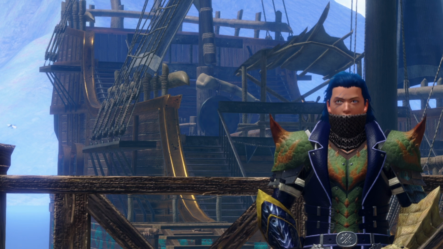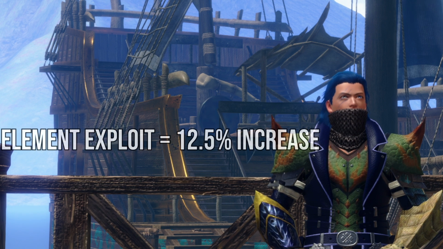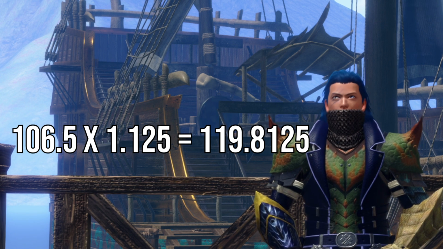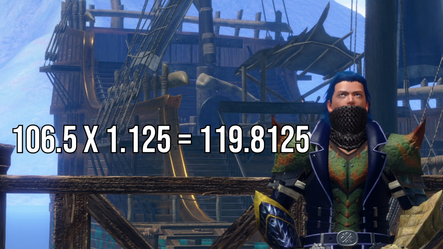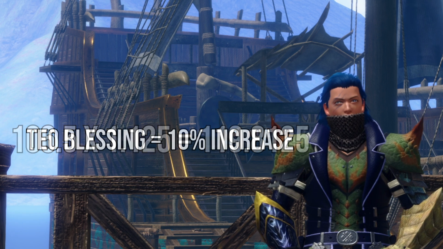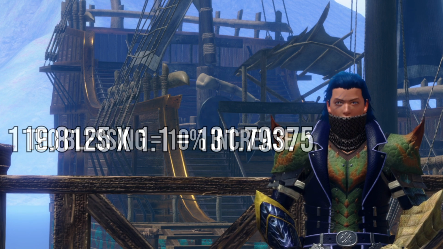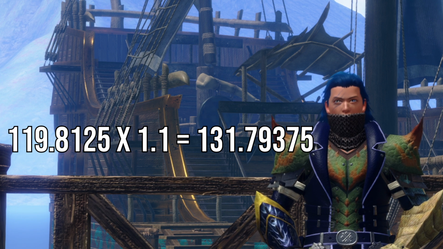If you haven't got lucky with armor augmenting yet, you'll still have Element Exploit 2 rather than 3, so that's a 12.5% damage increase, aka 106.5 times 1.125. This totals us up to 119.8125. These decimals are getting big. We also now have Teostra's Blessing when using fire, so that's a 10% damage increase. So 119.8125 times 1.1 is